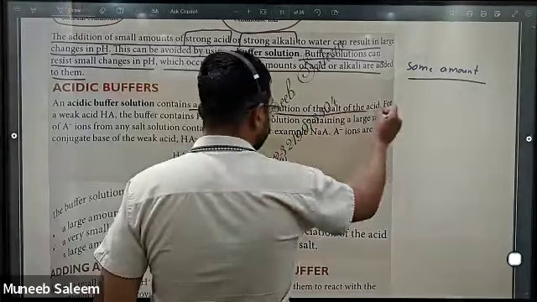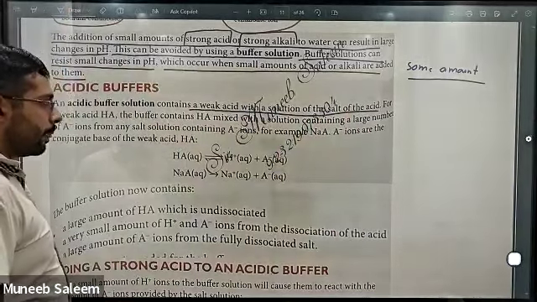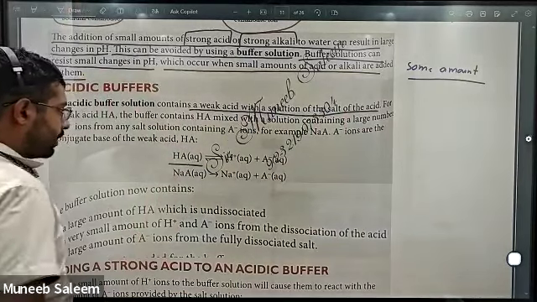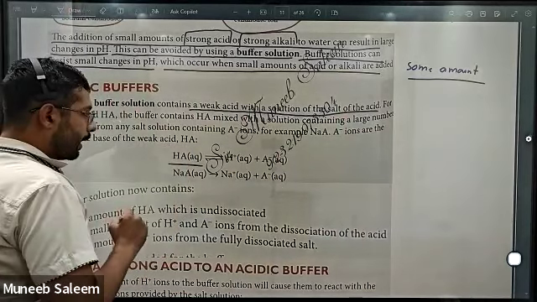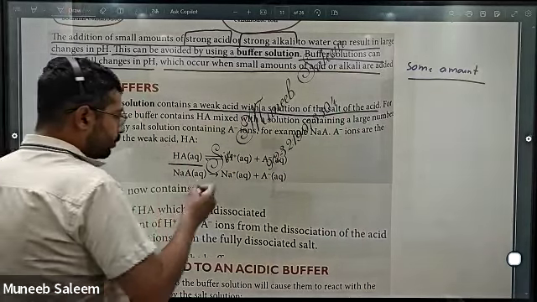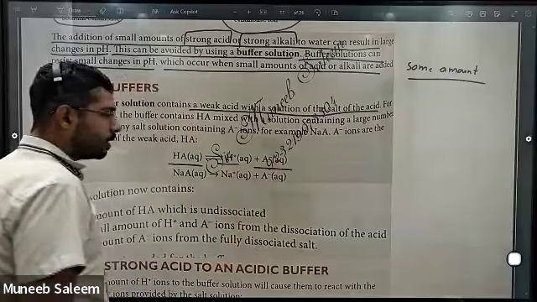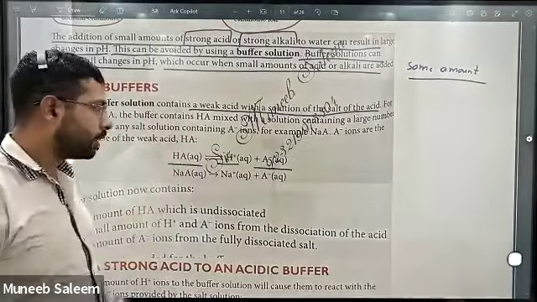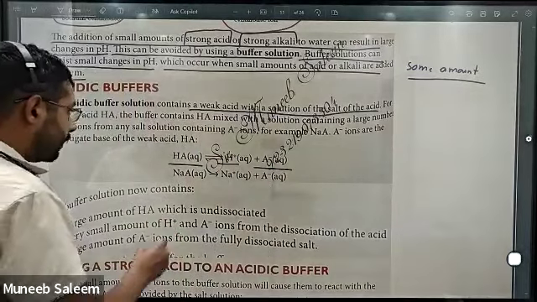So you will have the weak acid and the salt of the acid. It can be generalized as HA. This HA indicates a weak acid, and when it dissociates, it produces hydrogen ions and A negative ions. So this is the dissociation of the weak acid. And the salt of this weak acid is represented as